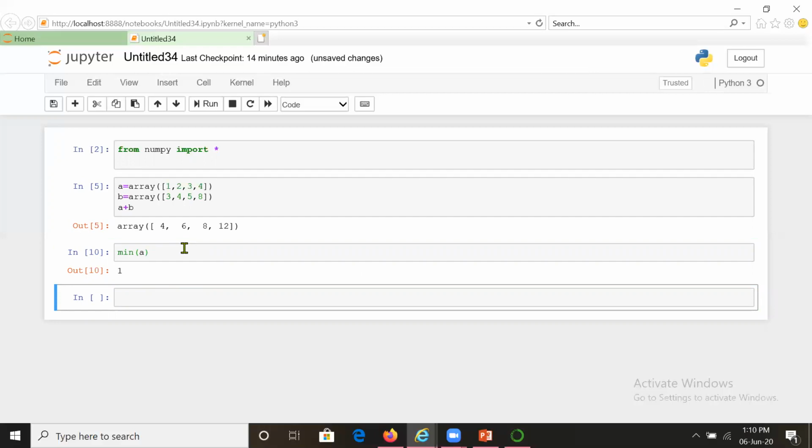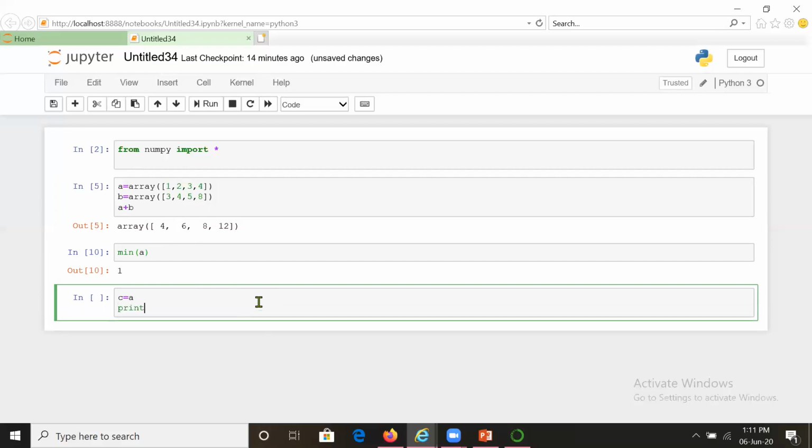Now let us move further and try to understand how to copy an array. There may be chances that in your array there are thousands or hundreds of elements, and you want to copy those elements. That means you are not creating an array, you want to copy an array. So simply you will do so by saying C is equal to A. This is simply how you can copy the array.